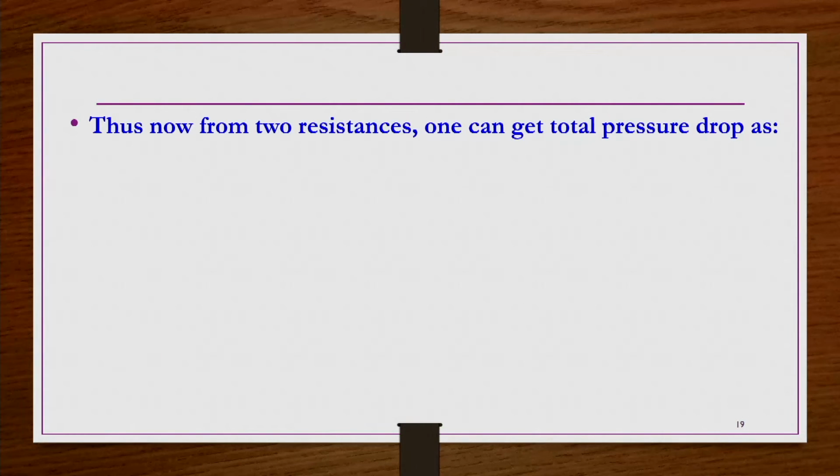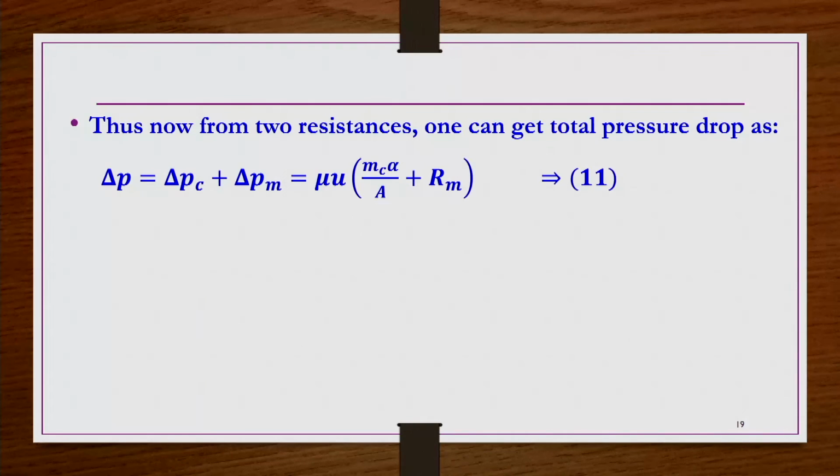Now, from the two resistances one can get the total pressure drop as delta P, which is nothing but delta Pc plus delta Pm. From the alpha definition, delta Pc can be written as mu u mc alpha by A, and from the Rm definition, Rm is equal to delta Pm by mu u. So, delta Pm you can write as mu u Rm. When you add these two, delta Pc and delta Pm,